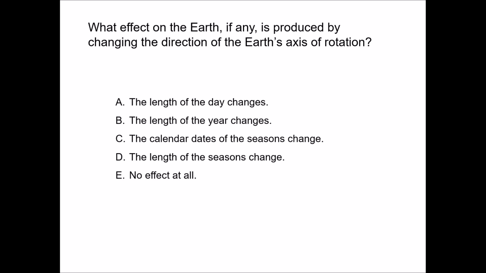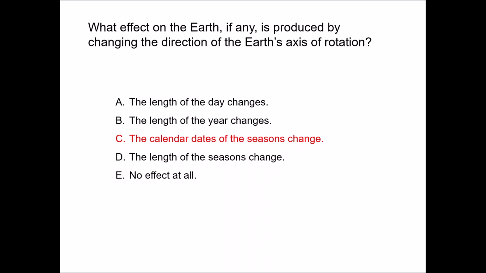The answer here is C. It's going to shift when seasons occur. Okay, because again, if we're tilted toward the sun and it's summertime, and precession is going to shift that, half of the precessional period is 13,000 years, and 13,000 years from now, in that same position, we're not tilted toward the sun.